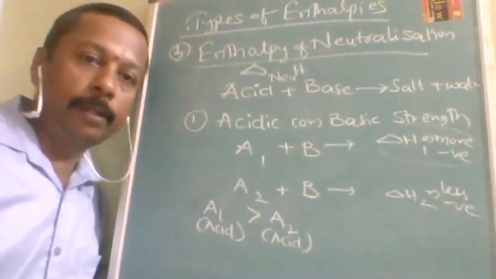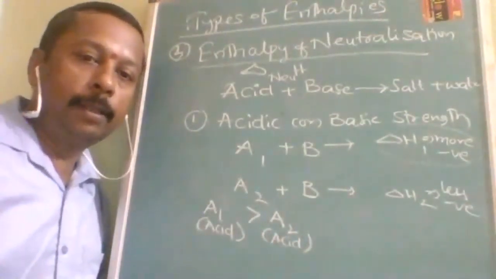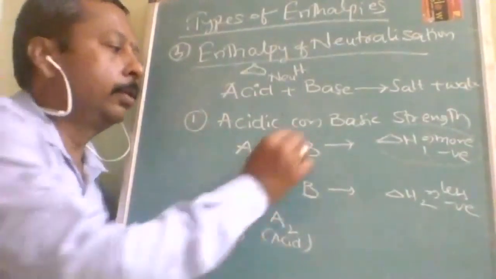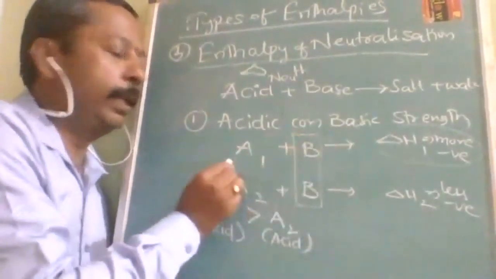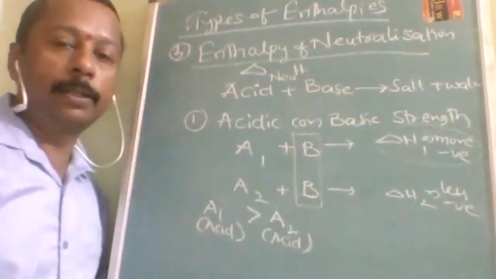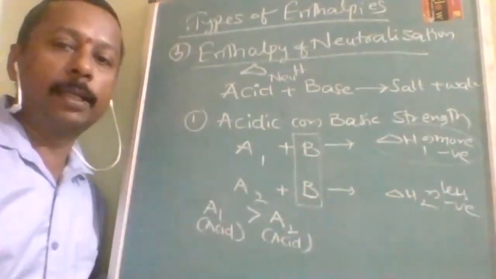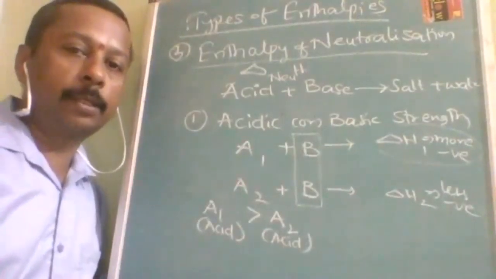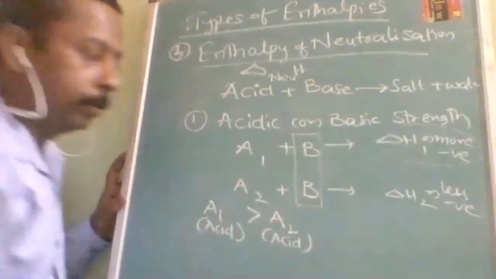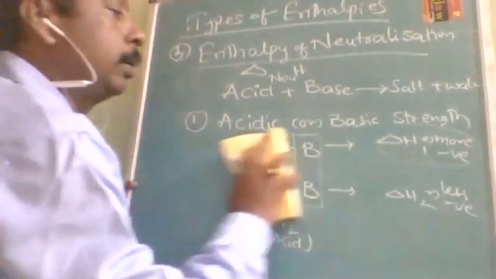What it is used for? Comparing the acidic and basic strength. Understood? So here, for comparing acids, we will take base as a common. Same way for comparing the bases, we will take acid as a common. Is it understood, students? So this is first use. Second thing,